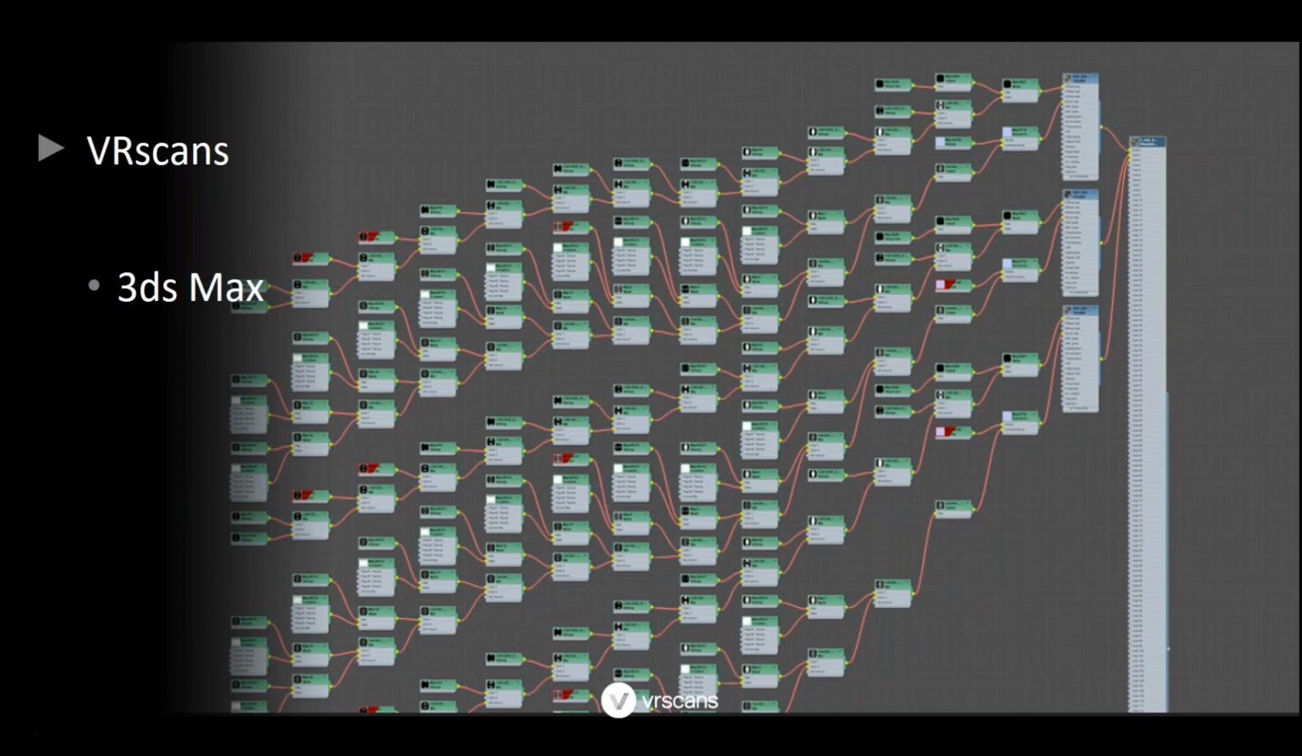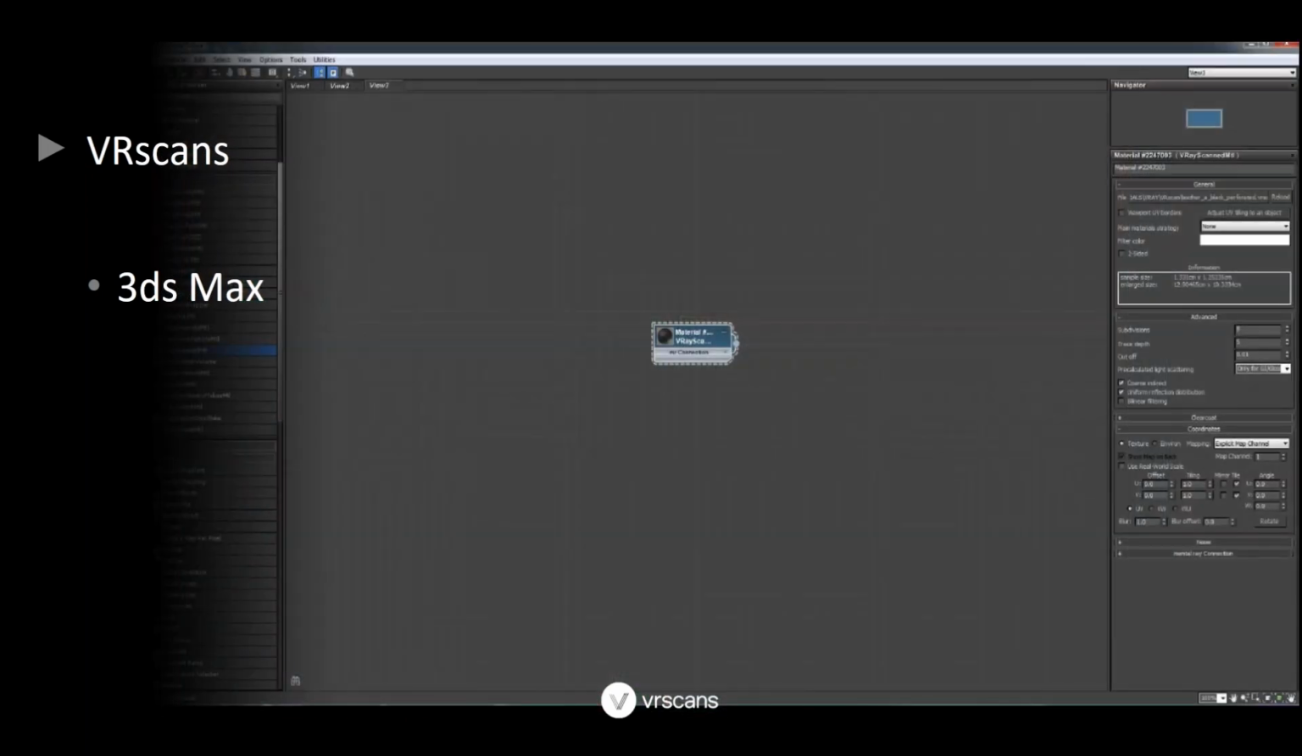And I must say that I'm really afraid when I see something like that, especially if somebody else created it and the guy who did that is not at the office and I need to make changes. So the client said, I don't like this material, can you please change something? And then I have to figure out how this works. Yeah, I prefer to see something like this. I love it. So this is the VRscan material, which contains all the information needed to render photorealistic